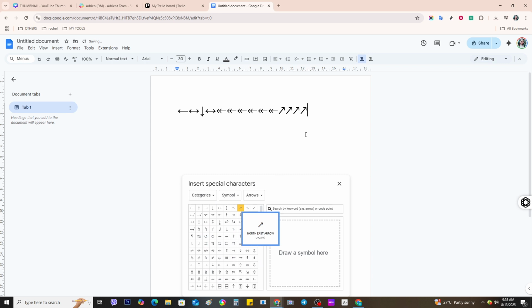Once you've found the perfect arrow, click on it. This final click will complete the process. The arrow you chose will instantly appear at the precise location you initially selected in your document. It's that simple. To wrap things up, keep in mind that this method of inserting special characters can be applied